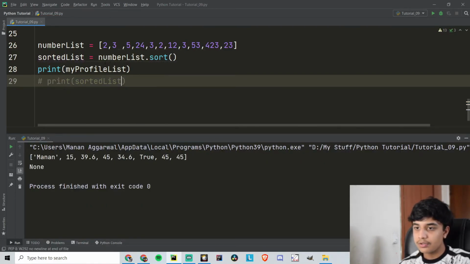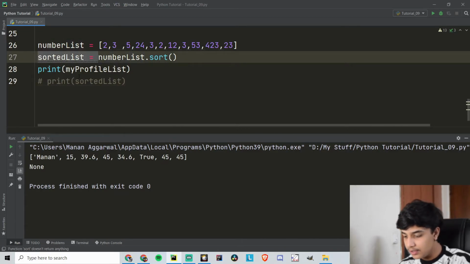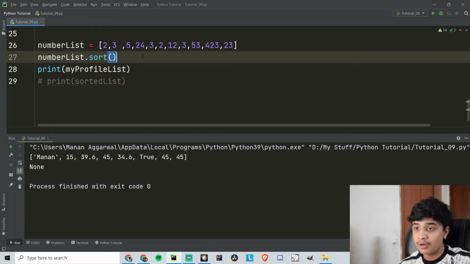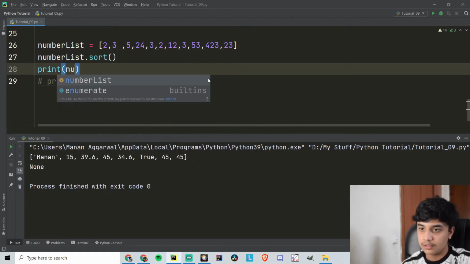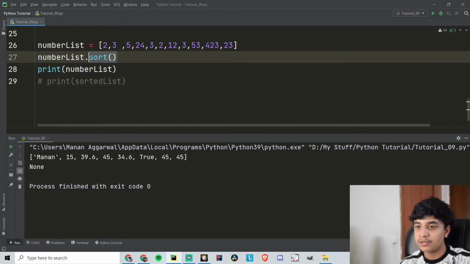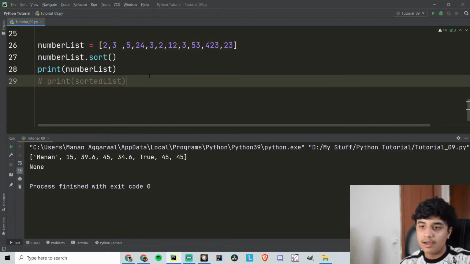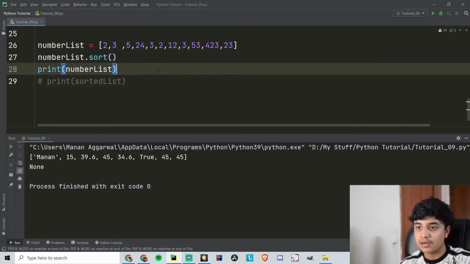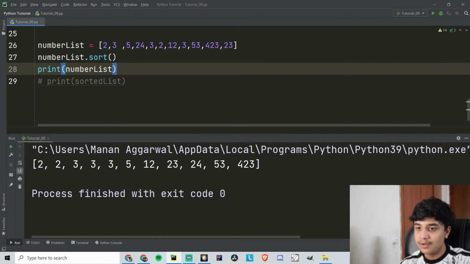Okay, so I can't use this variable method here. I've done that by mistake. I want to print the number list. By mistake I have written that variable of sorted, but sort doesn't return a list. So I don't have to store this in another variable, I can just use sort, and then it will sort the list for me.